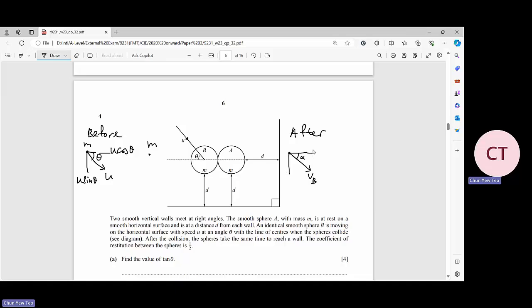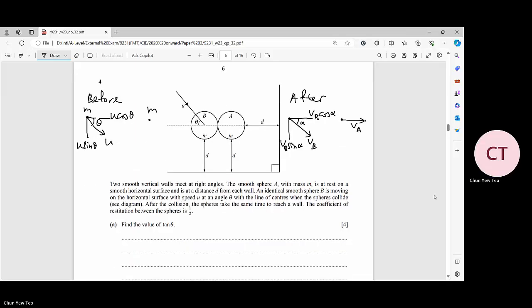So right here, this will be my VB cos alpha. This will be the VB sine alpha. And the VA, after it collides, will go this way. VA has only one direction. Okay, so what you can do over here is that